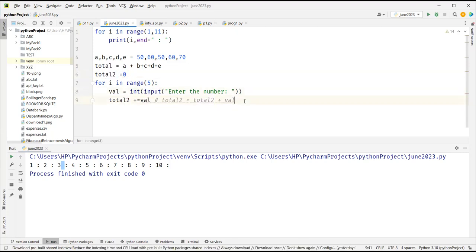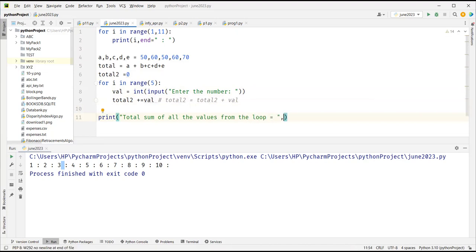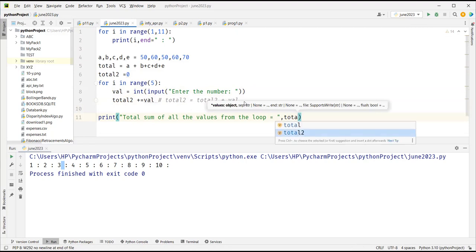So now when I say here, print total sum of all the values from the loop equal to total 2. Now when I run it,